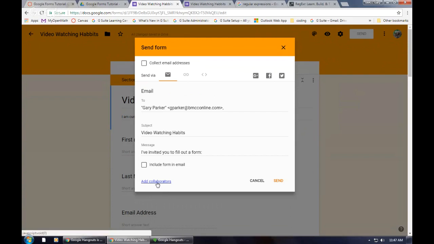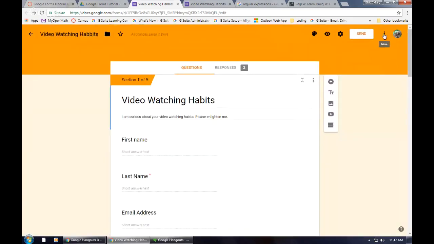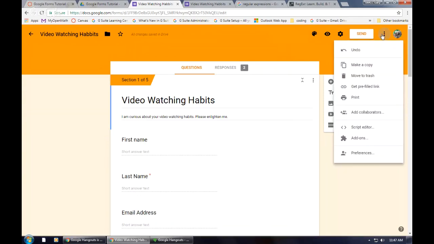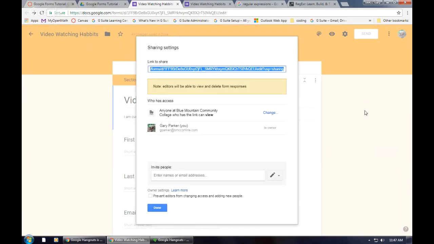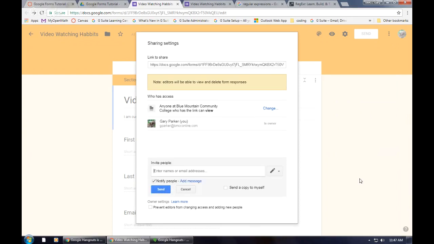Adding collaborators gets people to edit it. So there's 2 ways to do that. Google recently added an Add Collaborators link down here. And otherwise, from the triple button up in the left here, I can add collaborators there. And collaborator means somebody's going to help me edit this form too. Okay, so I could go out to one of my partners, Greg,